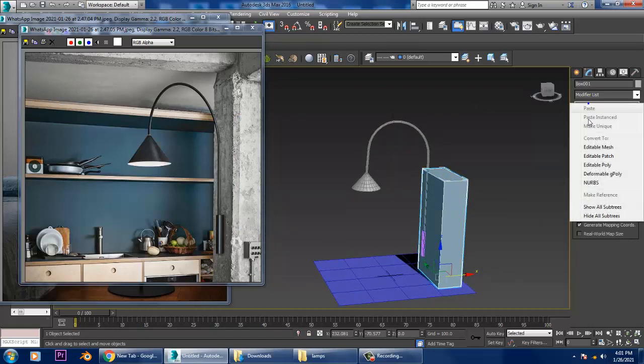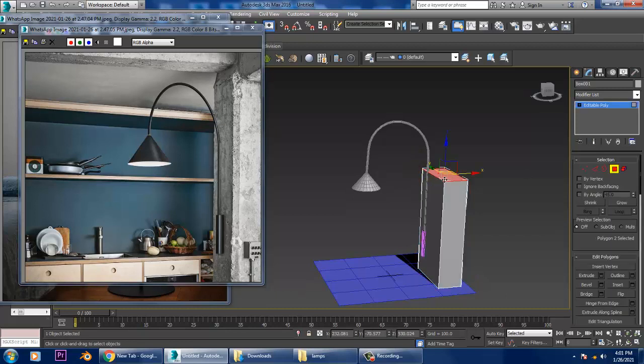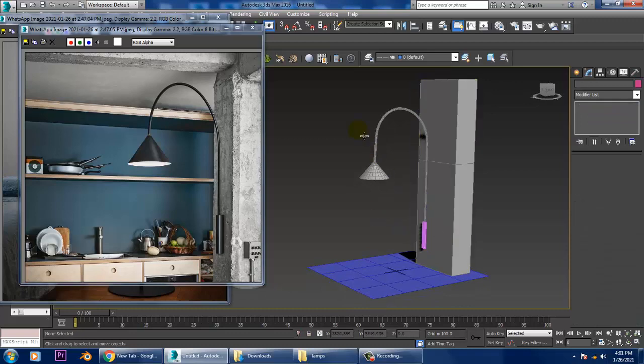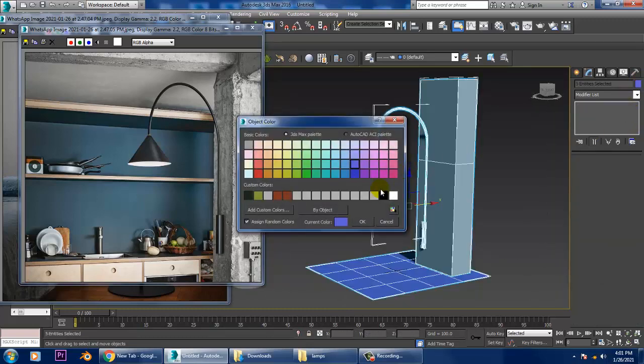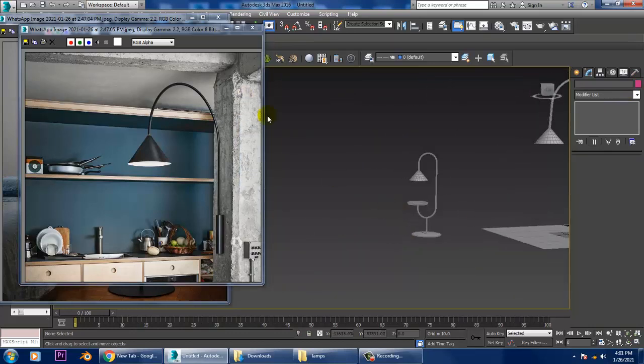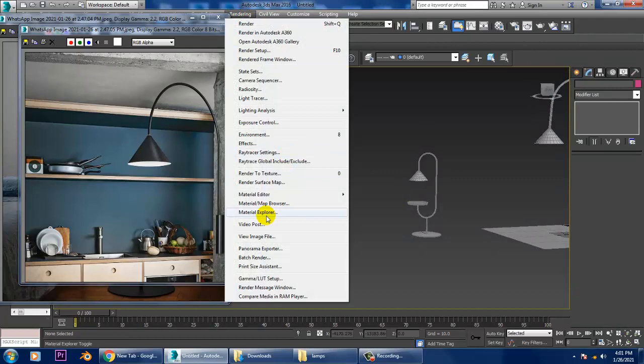Convert to poly, select the polygons, and if you want to extrude it up, you can slightly extrude it up. That's it. We can just give any color to it. Let's go into rendering, view image file.